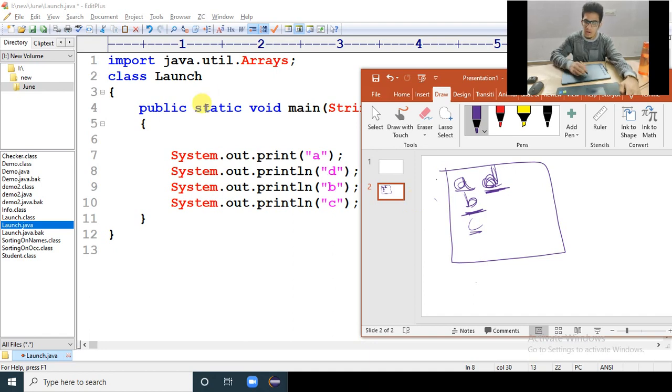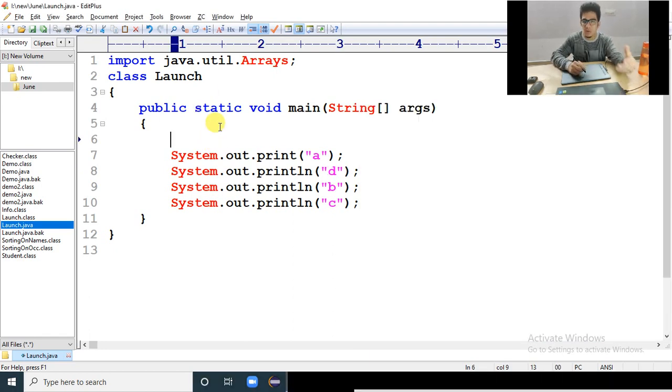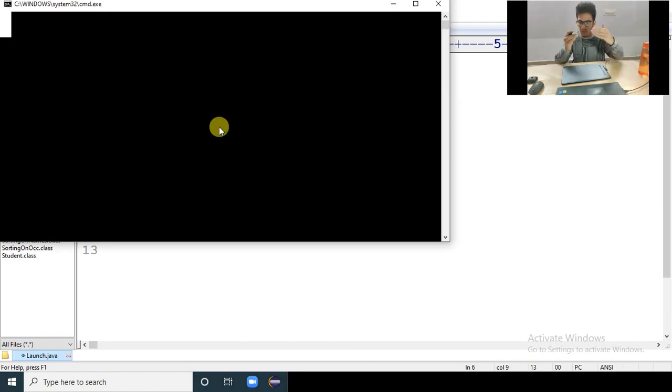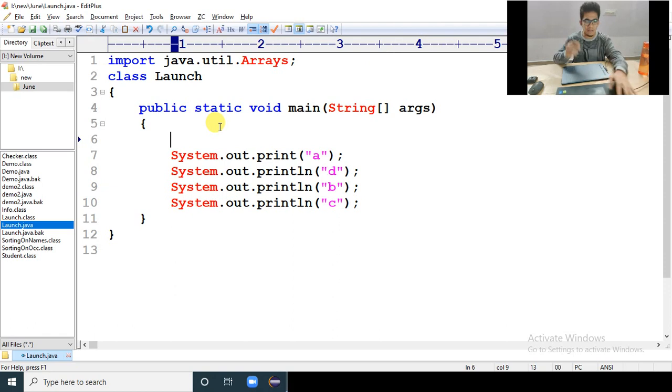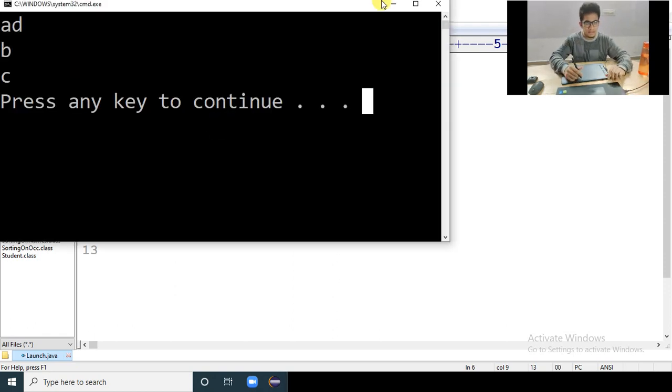So what you have to do is think before you print. Once you print down, once the cursor comes down, it can never go back up. This is the most important thing in star patterns and number patterns. See, we got this output. It is very important that you understand this, or else your logic will be wrong.